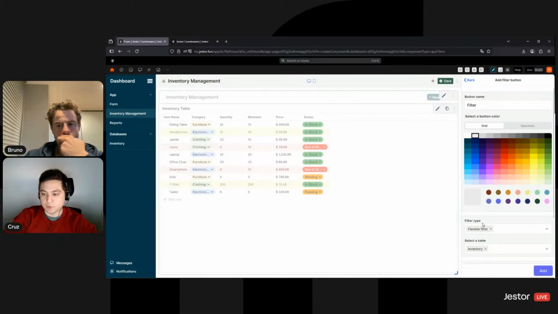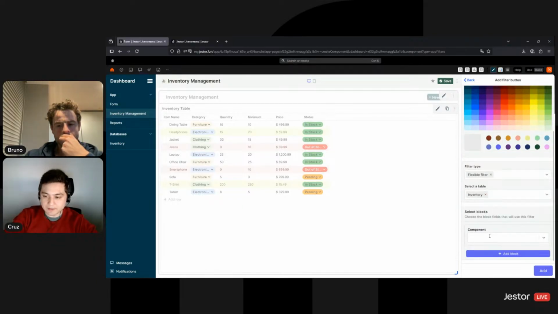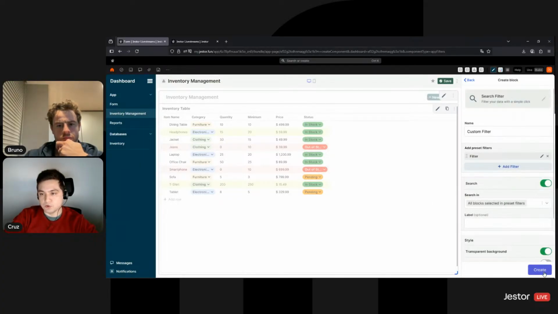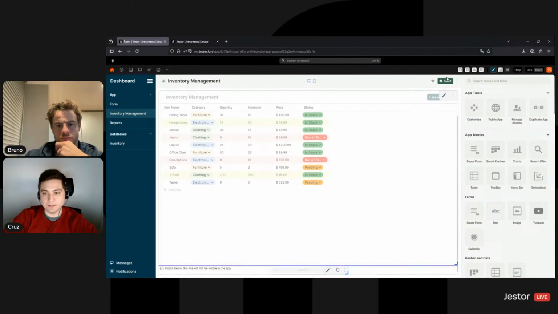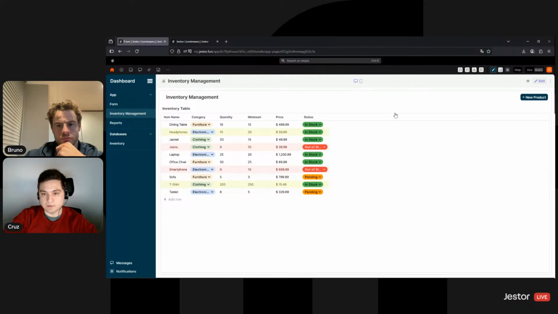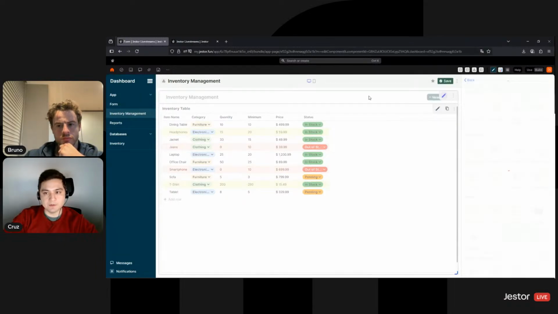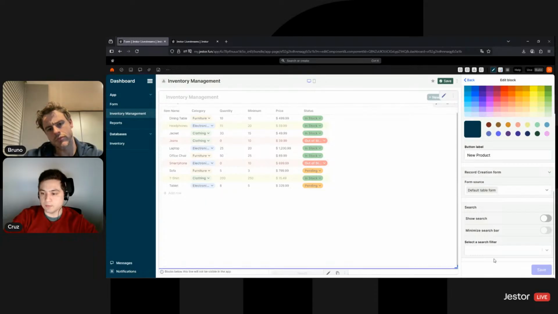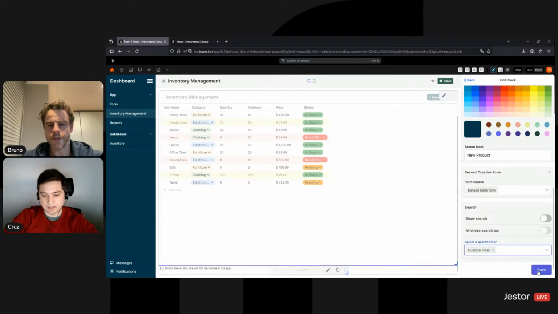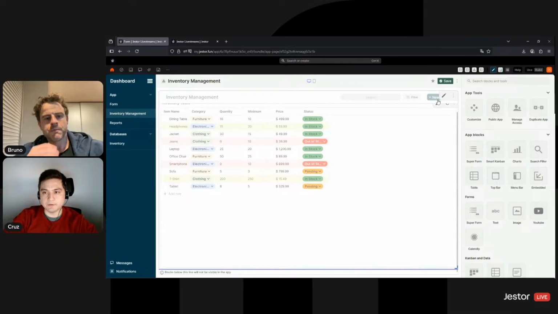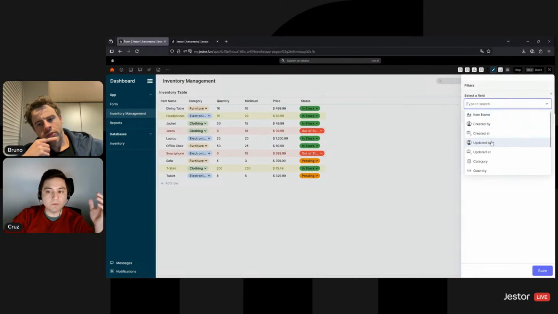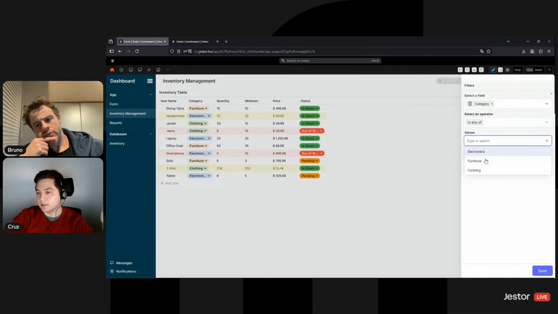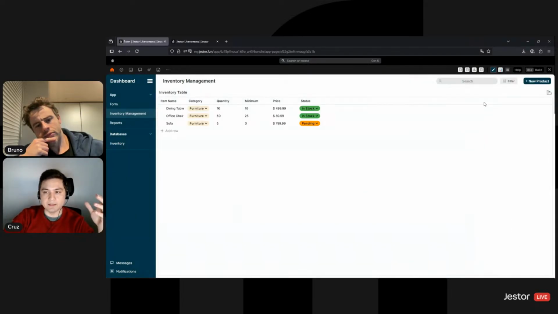So I'm going to base this filter on the inventory table, and then I'm going to filter this inventory table component here. Just to show you guys what the flexible filter does, it was created down here. So I have to pull it up to this title bar. I'm going to edit the title bar and select this filter. It's down here, and it's going to be pulled up here. There you go. So I can select a filter, and for example, I only want to see things that are furniture,